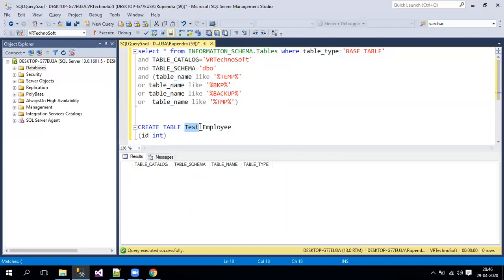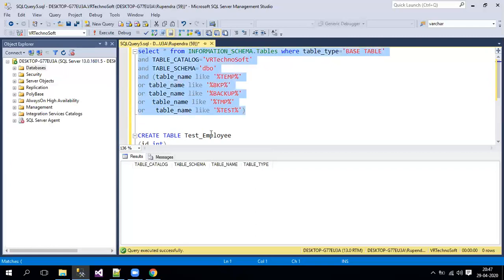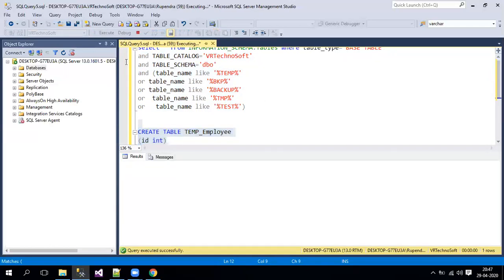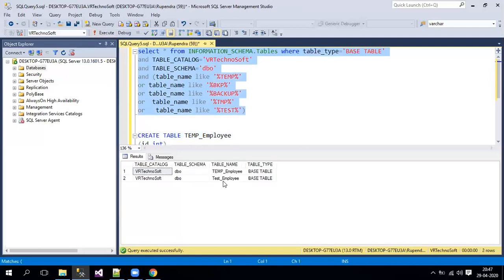So let me put the test also. I'll include one more keyword here into my requirement, and we'll see. Then it will come. So this should be test. If you see, now I took 5 keywords, so if any of these keywords comes, then it should automatically filter out those tables. So if I put, let's say, temp, then that table also should get created, and then it should come in my query because it contains the temp keyword. Okay, so now let me go and create.